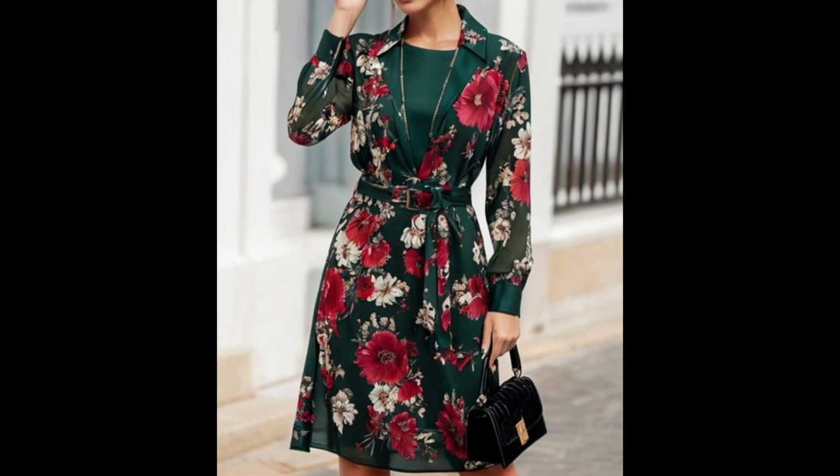I love all these designs of floral midi dresses and I hope, dear ladies and girls, you will love